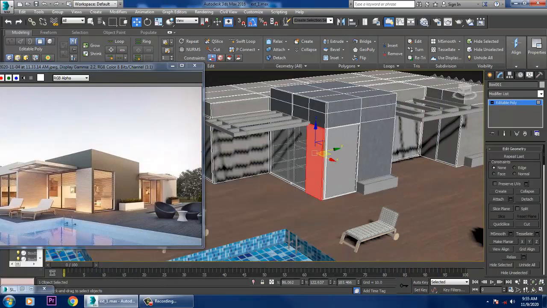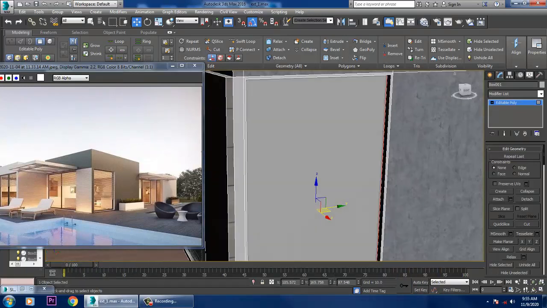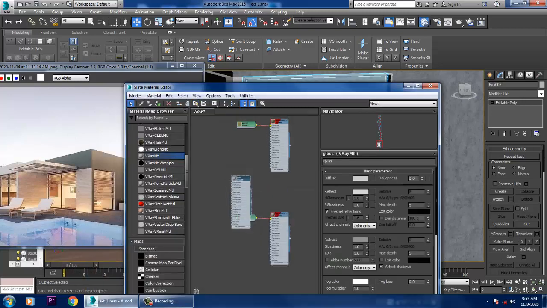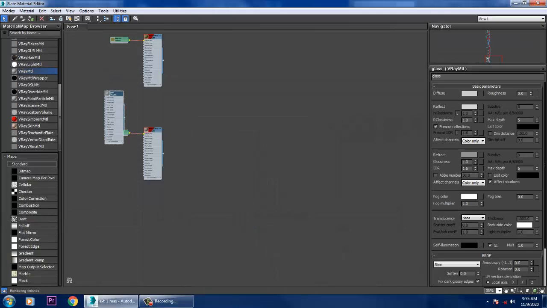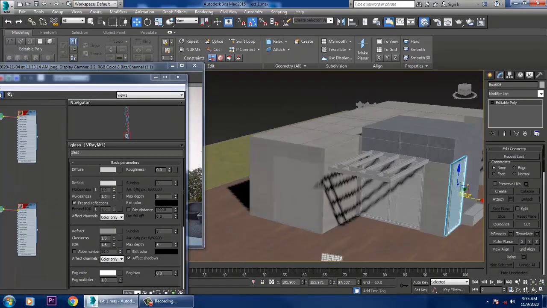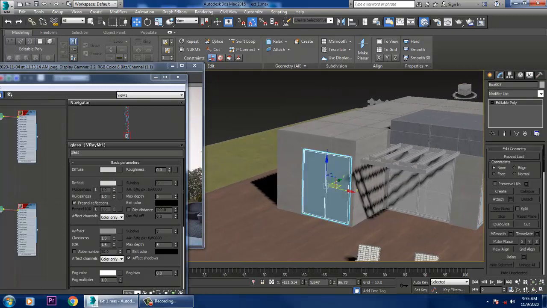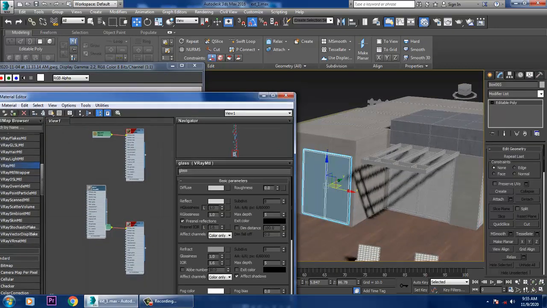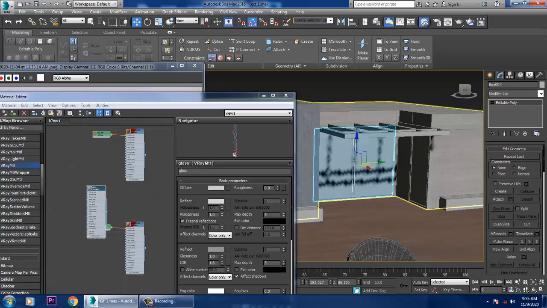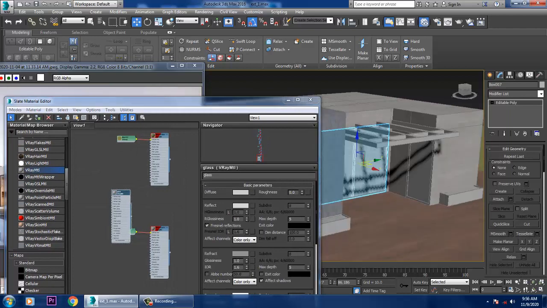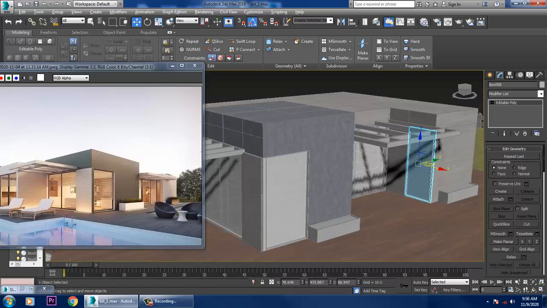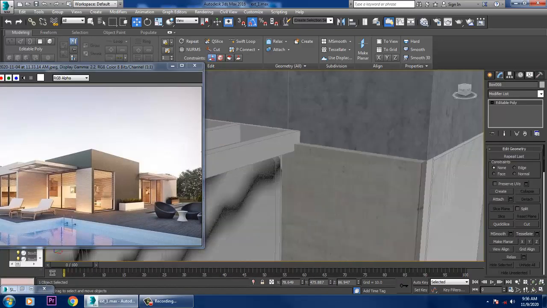Now again we'll select this and give the glass one to it. We can give glass wherever it is required. We'll be assigning the same material for all over here. You can easily assign the same material wherever it is required.